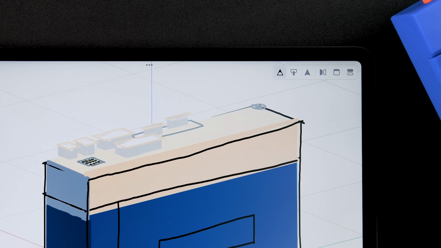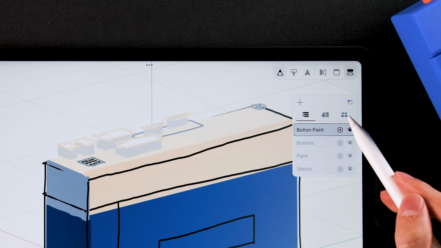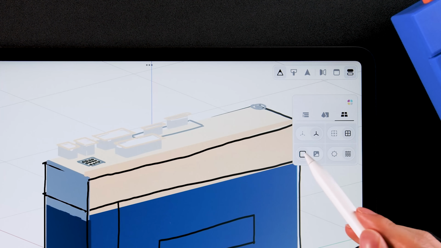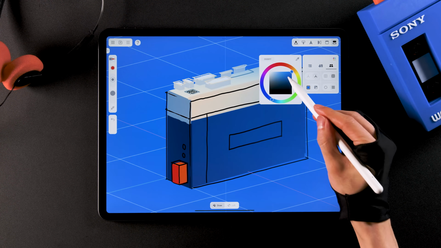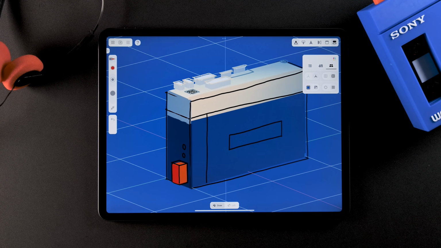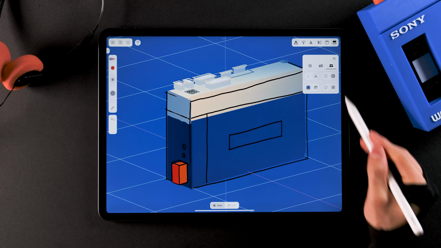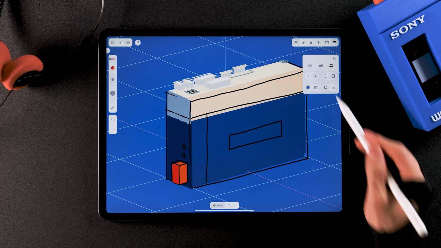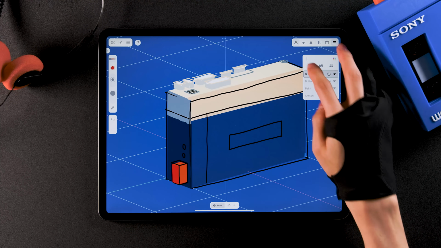To change the background color, go to the Environment tab in the Stage panel, located here, and tap on this icon. Let's change it to a deep blue. Also, turn off the fog by pressing the button here. This way we can see the exact color we used. With the features we've learned so far, let's paint freely.